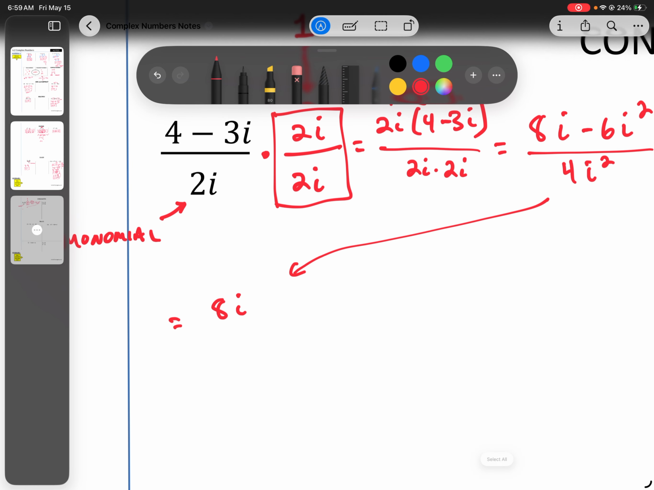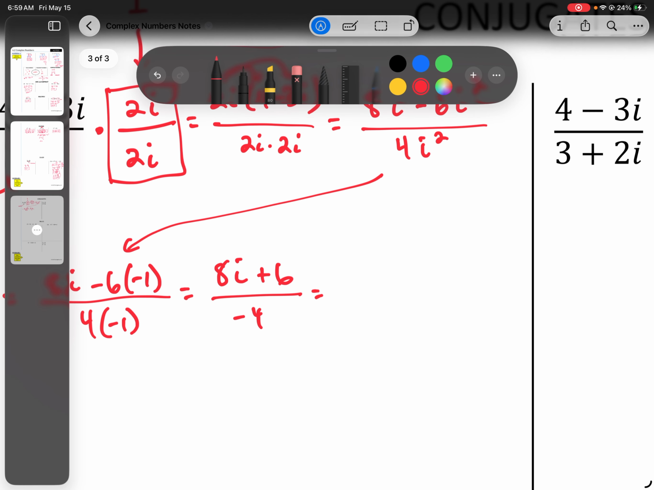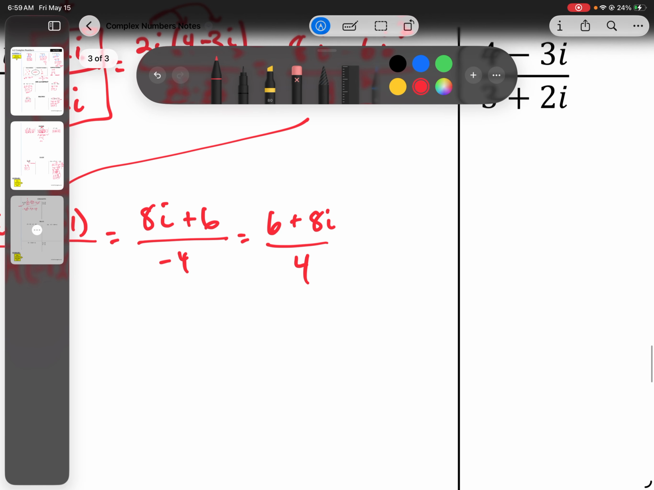So I have 8i minus 6 times -1 instead of i squared, over 4 times -1 instead of i squared. So it becomes 8i plus 6, and I can't add those together because I have imaginary and real. And then over -4. We typically like to write our complex number as the real part first, and then the imaginary part over 4. And then, again, simplifying here and dividing, I noticed that a number divides into all of